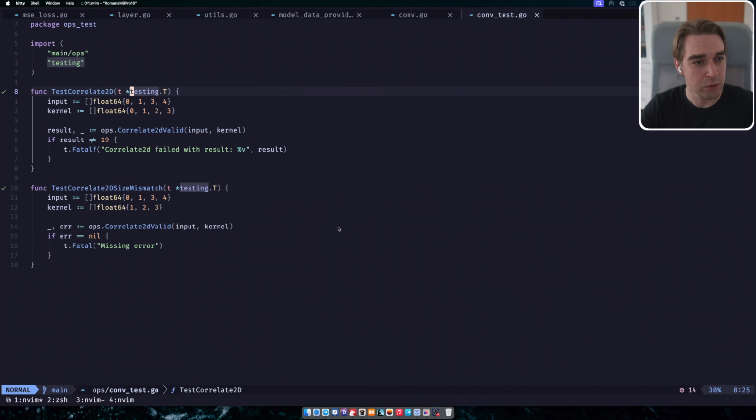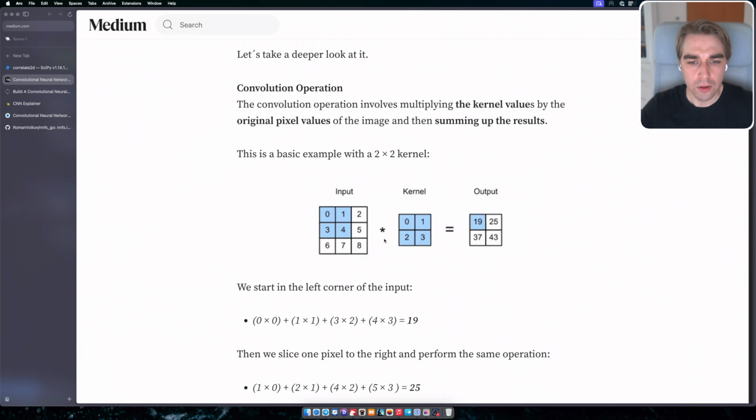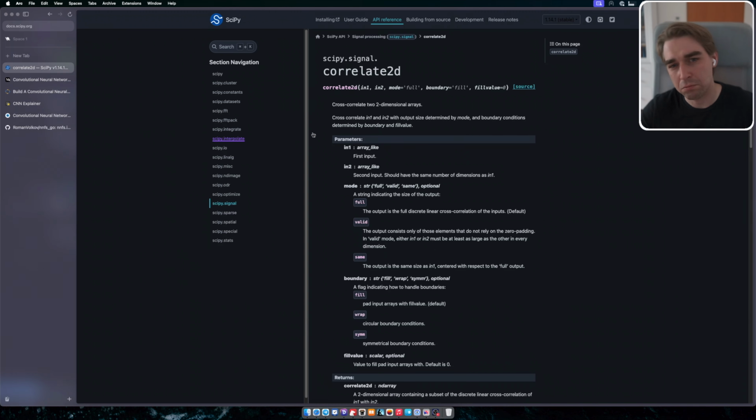TestCorrelate2DValid, and here, because I will need to implement the full correlation, which is a little bit different, or maybe in the end it will be one function that does all of the things. Well, maybe actually the naming is not that correct, because what I actually need is the correlate